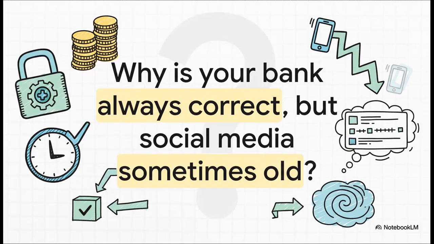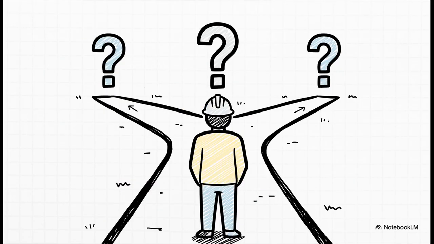Here's a perfect example. Think about your bank account. The balance has to be correct, right? Down to the penny all the time. But your social media feed? Well, if you see a post from a few minutes ago instead of a few seconds ago, it's not the end of the world. And that's not a bug, you see. That's a deliberate choice about what that system decided was most important. And that right there is the key to everything we're talking about today.